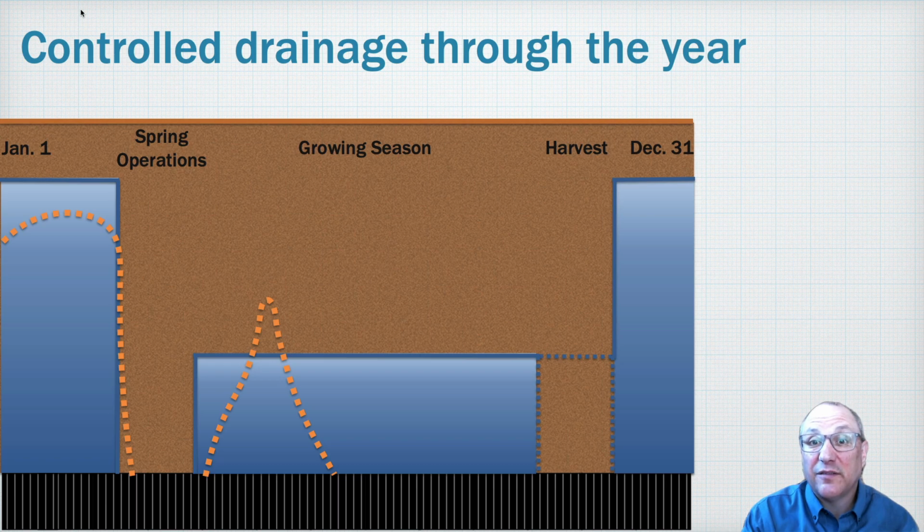And it's possible that large events may raise the water table higher than desired, so that the outlet needs to be lowered again temporarily to prevent crop damage from excess water. Then in most years, evapotranspiration will begin to outpace precipitation in the summer, and the water table will drop. The water table may stay below the drains until the crop senesces and precipitation exceeds ET again in the fall.